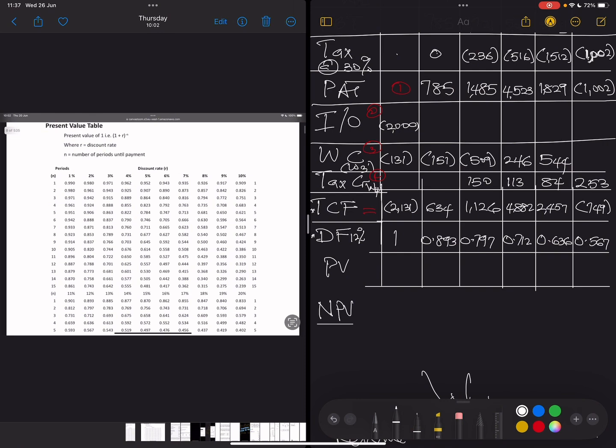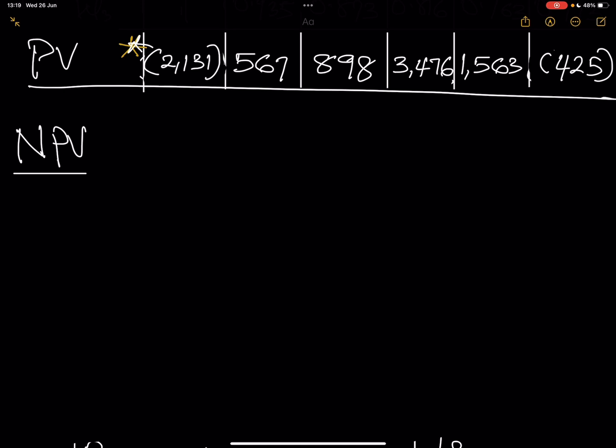So if I multiply this and this, that gives me the present value. That is 2131 for the first one, still negative. This one is 567, positive. 898. If I multiply 4882 times 0.712, I have 3476. I have 1563. Then this is negative 425. Those are the present values for each year. So if you had negative 2131 with 567, 898, 3476, 1563, and negative 425, you have a total NPV of